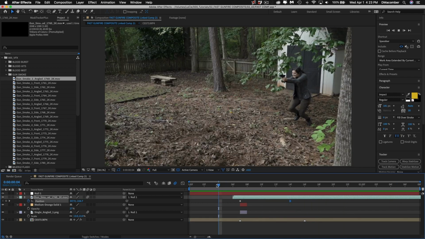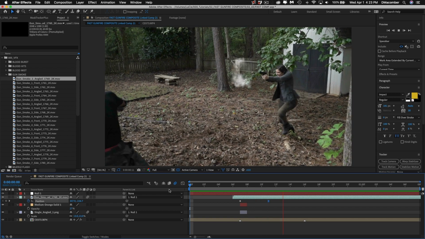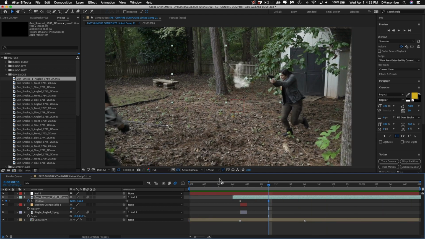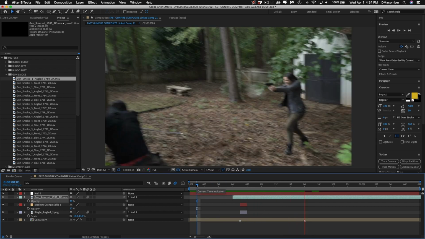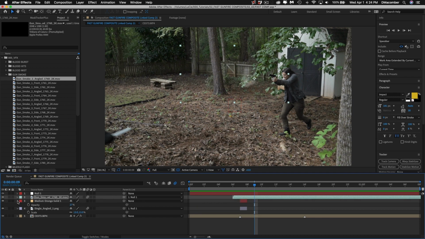Okay, so that's pretty nice. I think I might move that a little bit closer so it happens a little faster. Cool. And it's a little bright, so I'm going to hit T for transparency, and I'm going to pull that down, make it just a little bit more subtle. Okay, cool. All right, so now that I've got all that done, I have a second gunshot to do, but